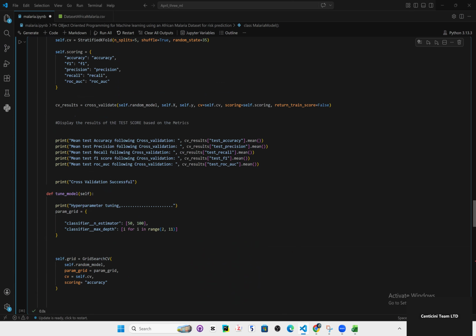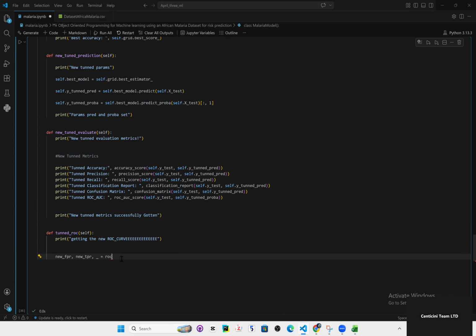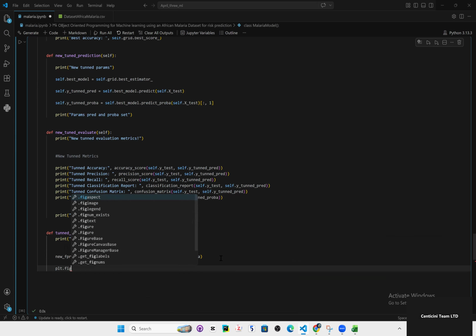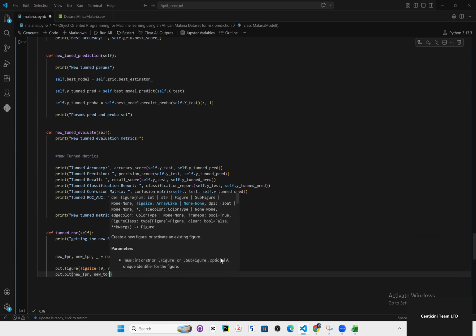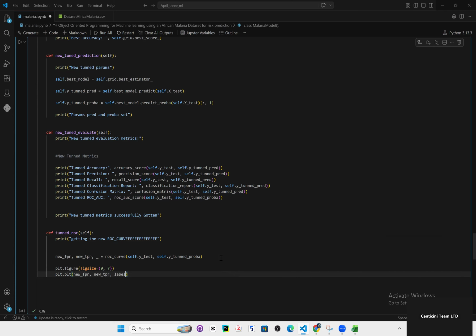so we could just call this our threshold, right? So roc_curve, and then we're gonna pass in self.y_test and self.y_tuned_prob. Okay, and so we could just say plt.figure, pass the figure size as 9 by 7, and then we'll say plt.plot, then we'll have our new FPR, new TPR, and label is equal to,